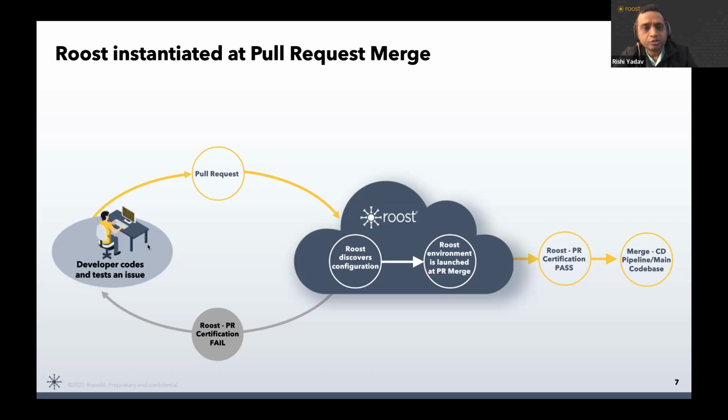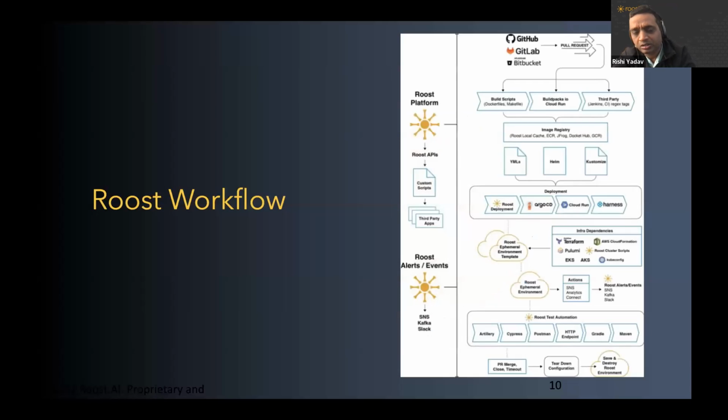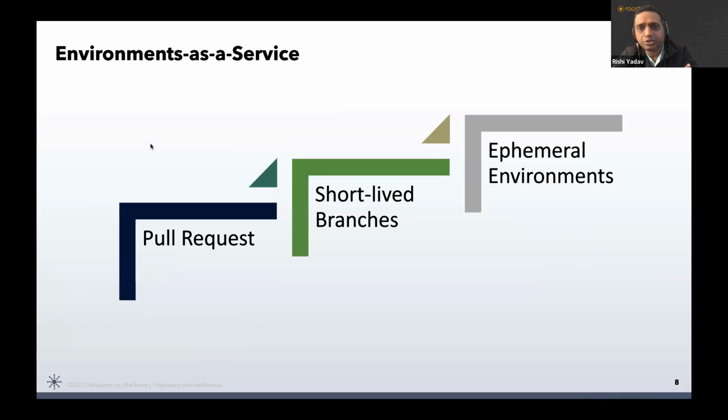Okay, so that was pretty much high level from my side on the presentation. Now what Rakesh will do is show you the live demo of the product, and I'm available if you have any questions. Feel free to ask questions anytime. You don't have to wait till the end of the presentation.